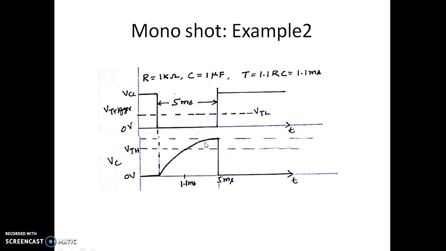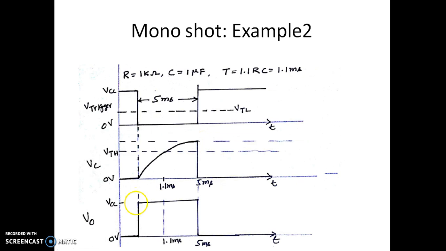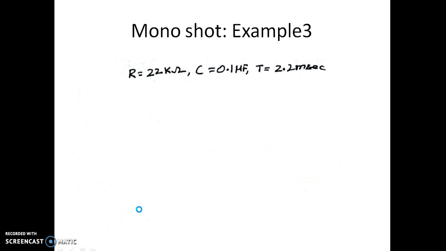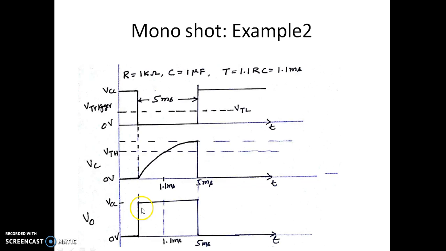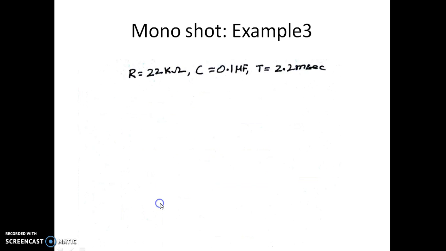Now let us see what the corresponding output is. This is the corresponding output. As you can see now, your trigger signal went below VTL. The output has increased to VCC, went to quasi-stable state. So when it went to quasi-stable state,